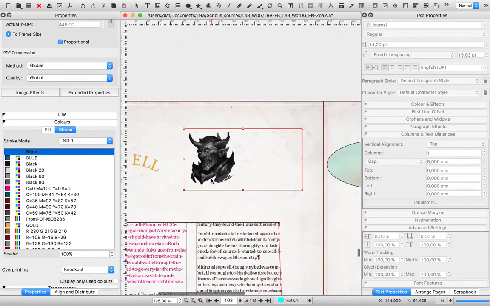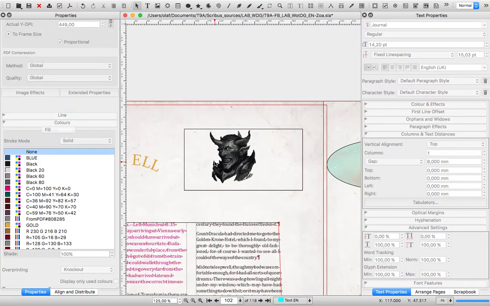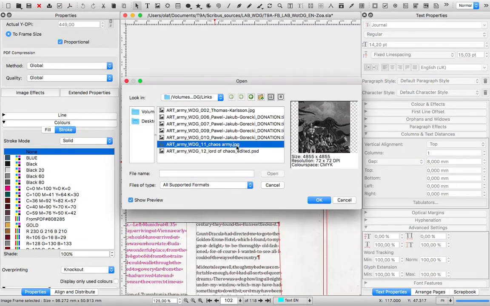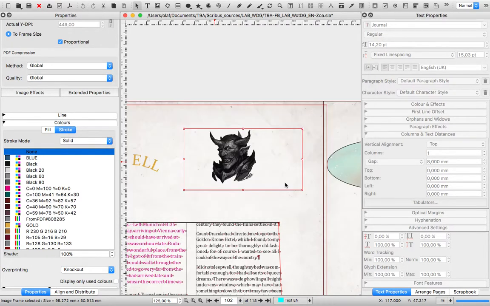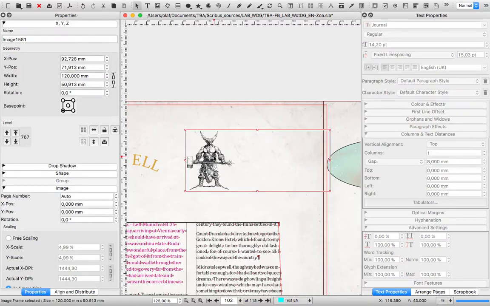You can play around with a lot of features while your image is selected. You can change its properties, like its position within the document or its width, height, and level. Remember that the objects with a higher level are shown above the objects with a lower level within the same layer. You can change your image frame dimension using a base point, which is a pivot point that will allow you to modify the selected frame without moving the aforementioned point.